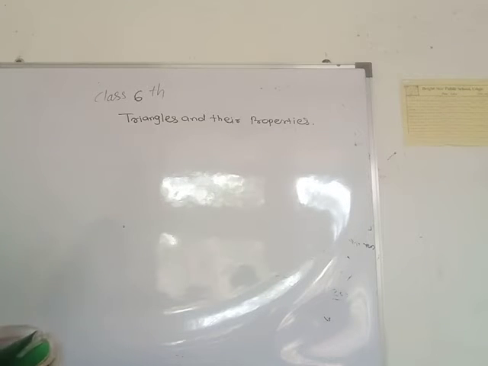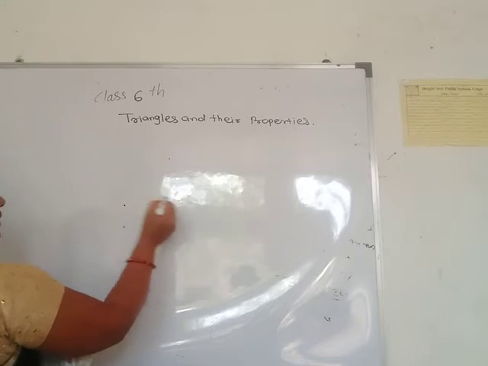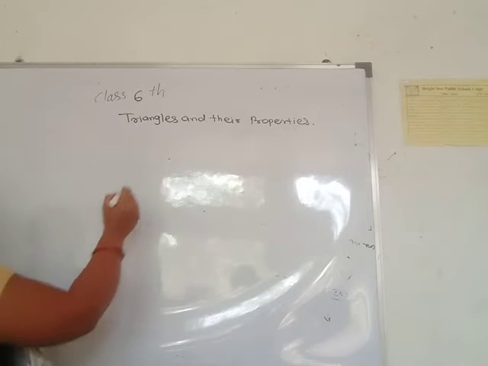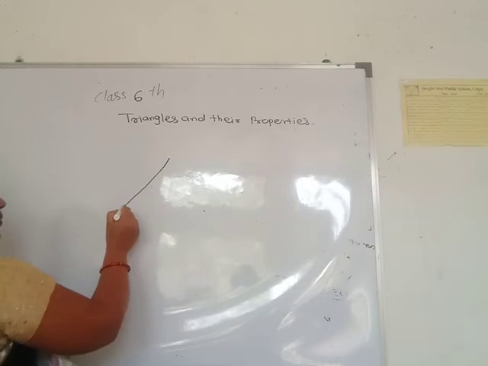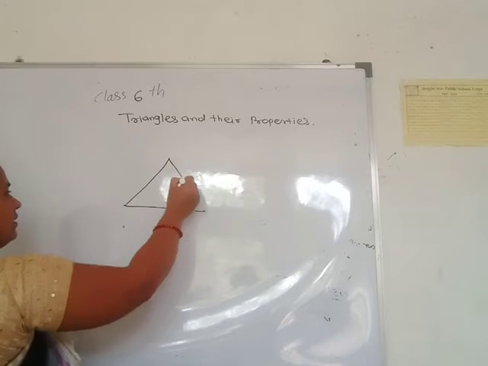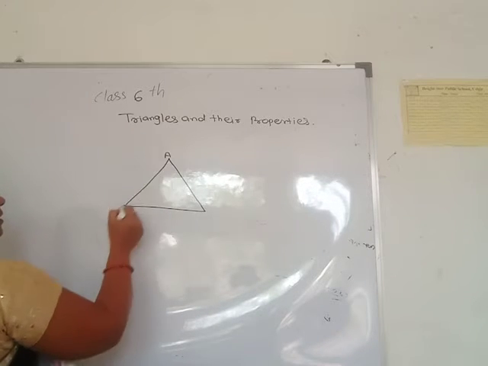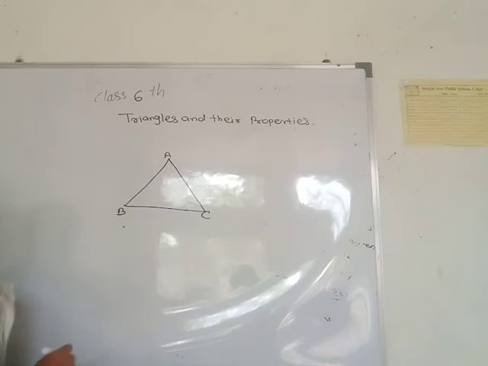A triangle is a closed figure made by joining these 3 non-collinear points by line segments. By joining these 3 non-collinear points we form 3 line segments and one closed figure, and it is triangle ABC. The vertices, sides and angles of a triangle are called the parts of the triangle: 3 vertices, 3 sides and 3 angles.